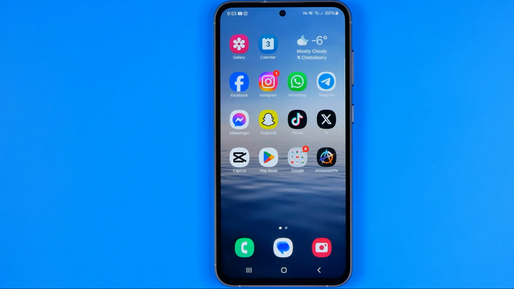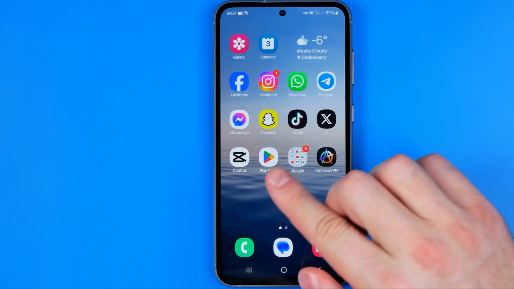In this video, I'm going to show you how you can easily lock Snapchat app with a password on an Android. Be sure to watch the video to the very end so you don't make any mistakes. Let's get started, guys. I'm gonna show you all the process from the beginning, and first off we need to